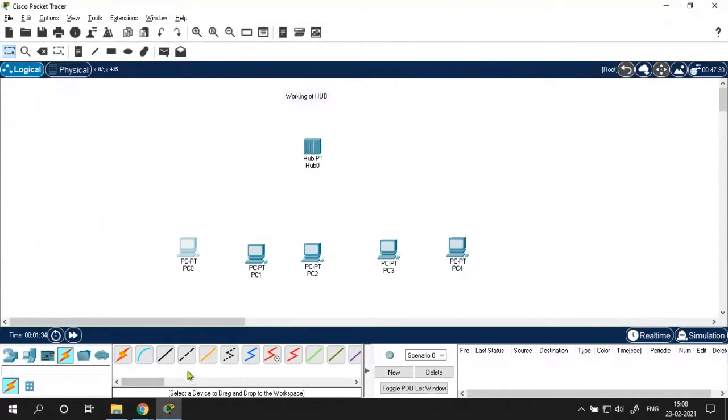So come to the connectors. Now I have a little bit of doubt about which wire I should use, whether it is crossover or straight through. Now it's your turn, class.